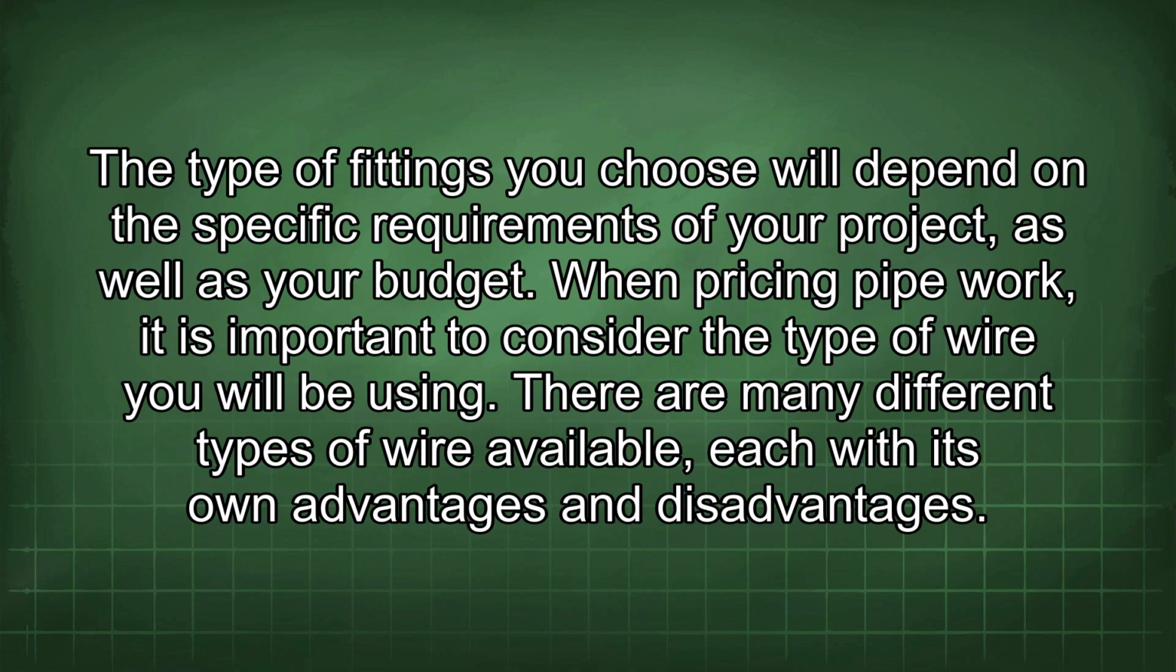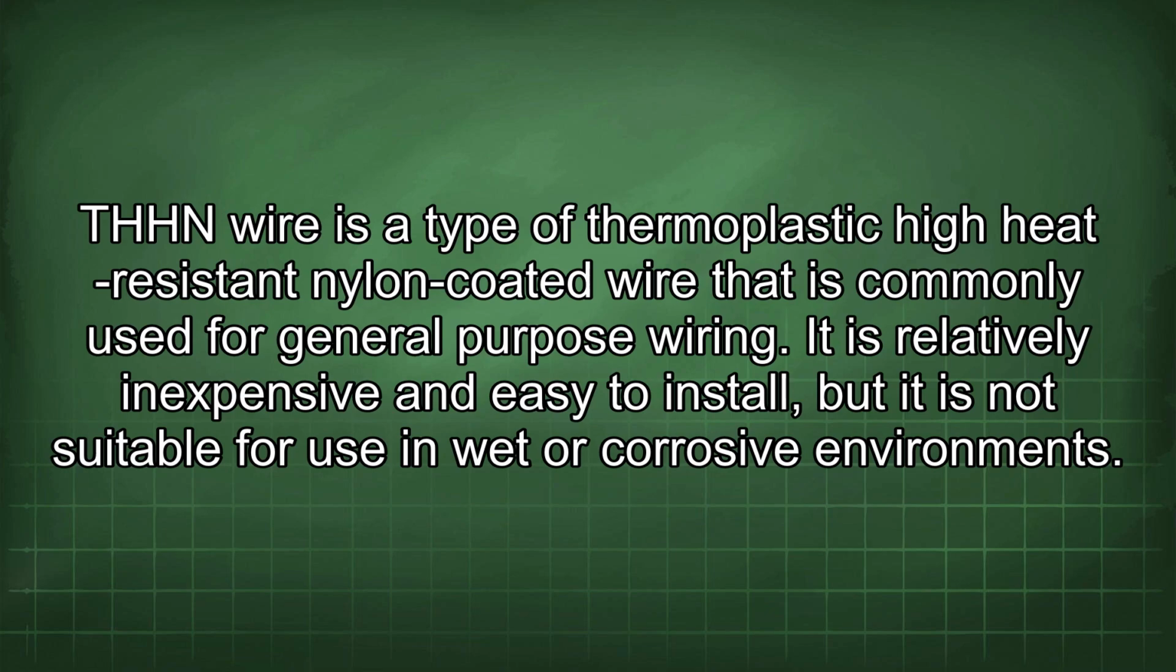When pricing pipework, it is important to consider the type of wire you will be using. There are many different types of wire available, each with its own advantages and disadvantages. THHN wire is a type of thermoplastic high heat resistant nylon coated wire that is commonly used for general purpose wiring. It is relatively inexpensive and easy to install, but it is not suitable for use in wet or corrosive